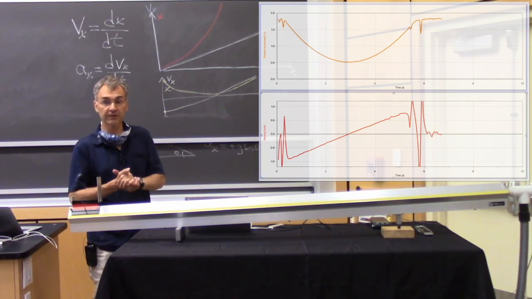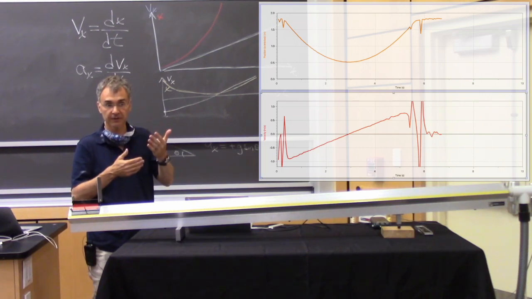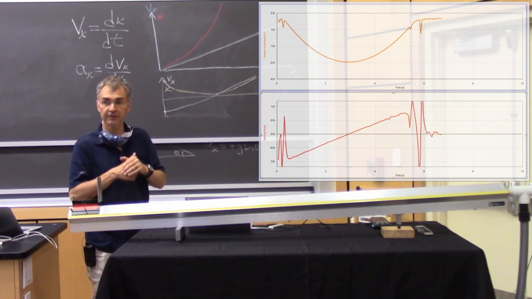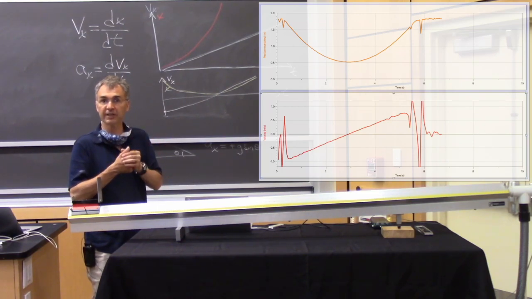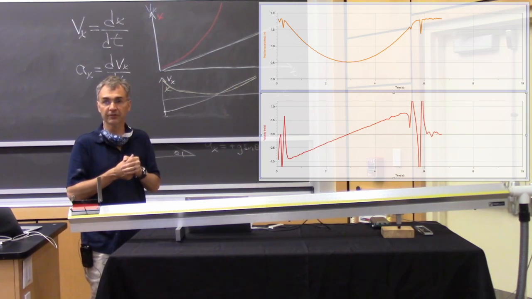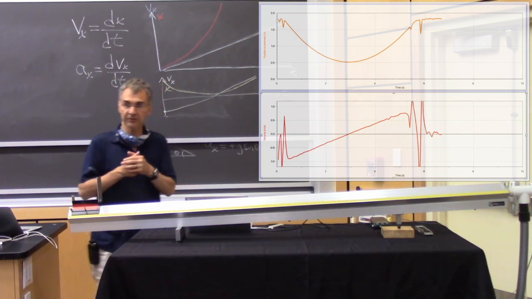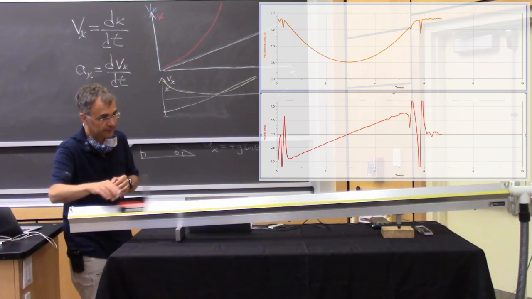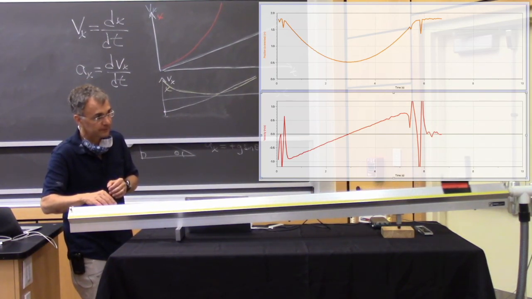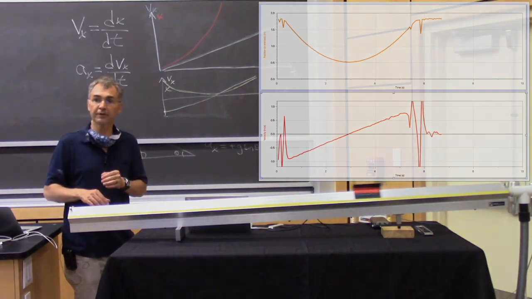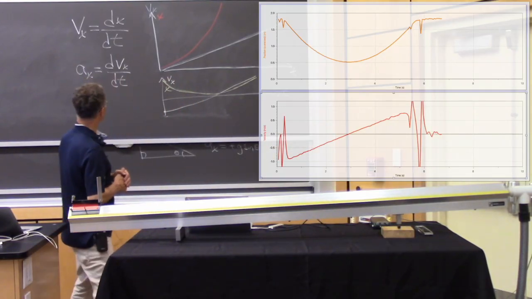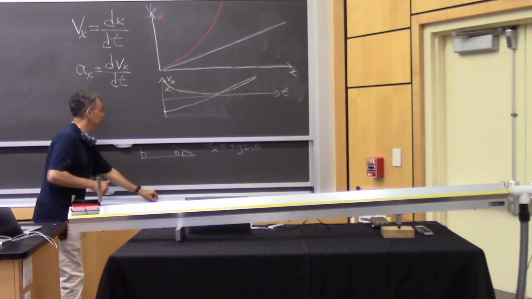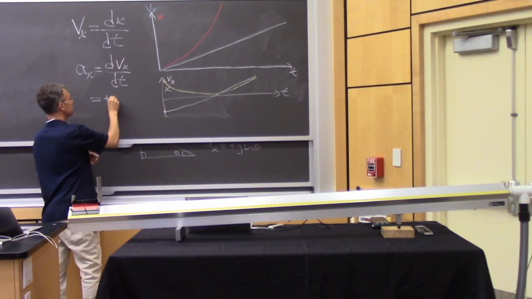And the slope of the velocity curve, the slope of the v sub x versus t curve, is a sub x. The slope, the rate of change with respect to time of the x component of velocity, equals the x component of acceleration. So what is the acceleration at this point? I say at that point that we pointed to, the x component of acceleration was the same, plus g